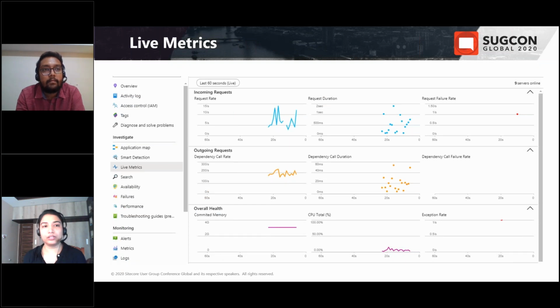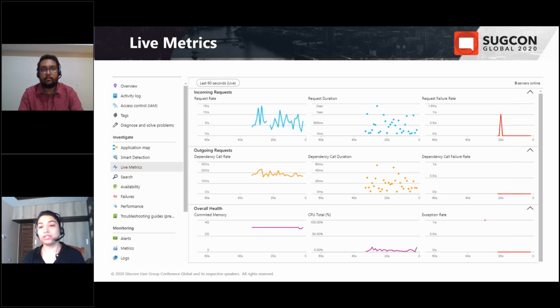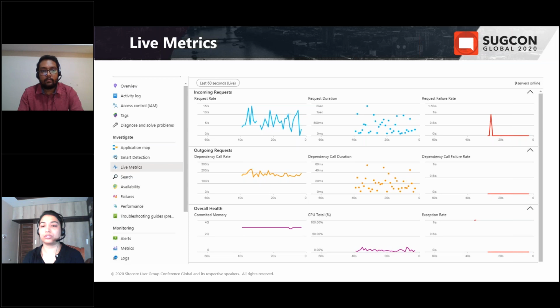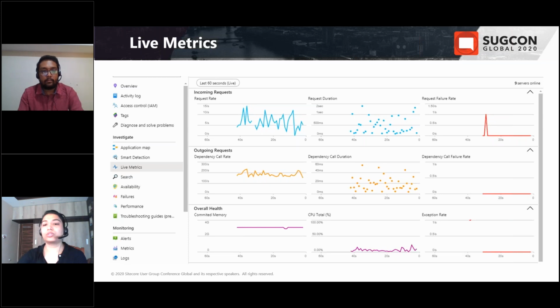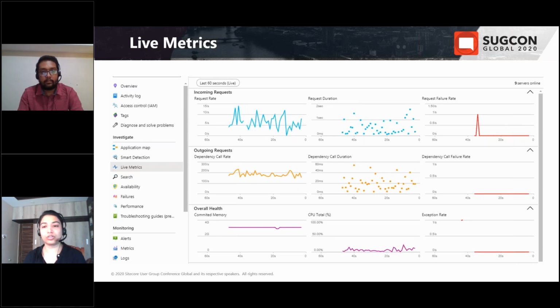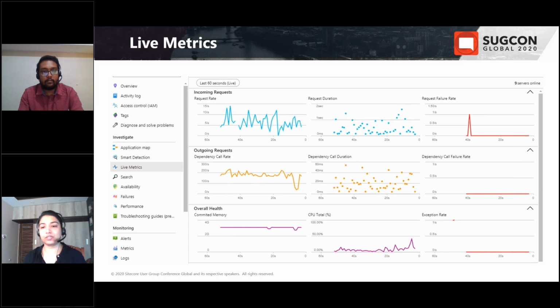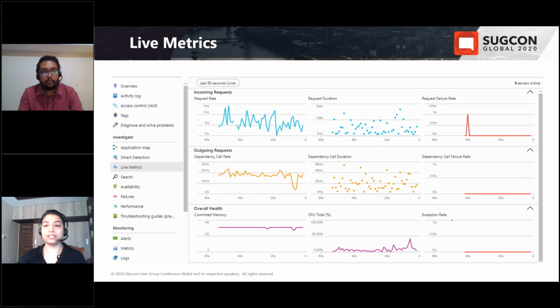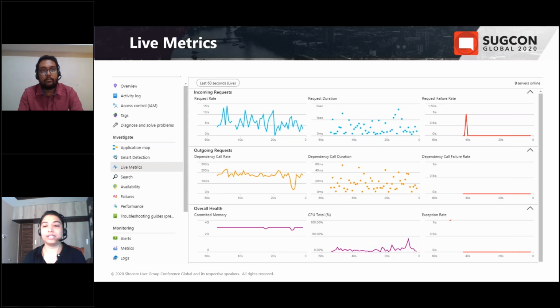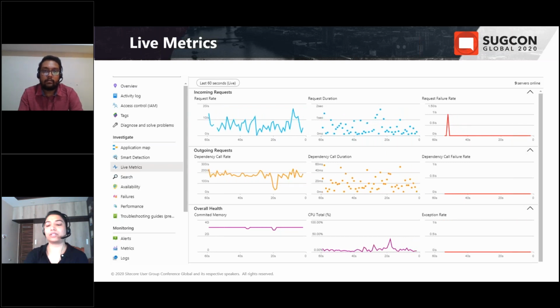Next is live metrics. The live metrics stream in Application Insight allows you to see what is happening to your application right now. It shows incoming requests, outgoing requests, and server health aggregated across all servers in which your application runs in real time. You can monitor the performance of your application as well as failed requests and diagnose or fix issues with the help of this information. Now, when a user experiences any request failures, you can see it immediately in the request failed metric, or when any dependency call fails, for example, a SQL query, you can see it in the dependency calls failed metric.